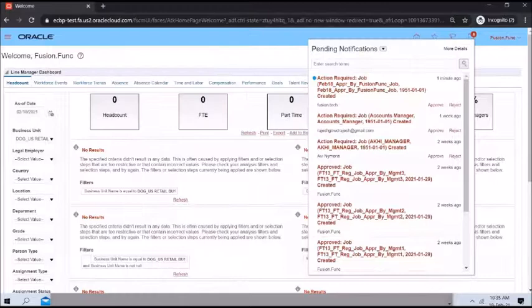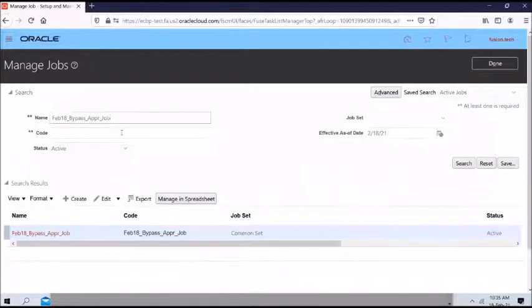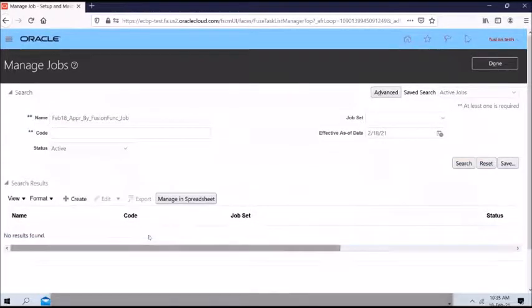And if you go back to the other session, if you search for the job now, the job would have been created now. So it's not yet created, but you should see it created in a moment.